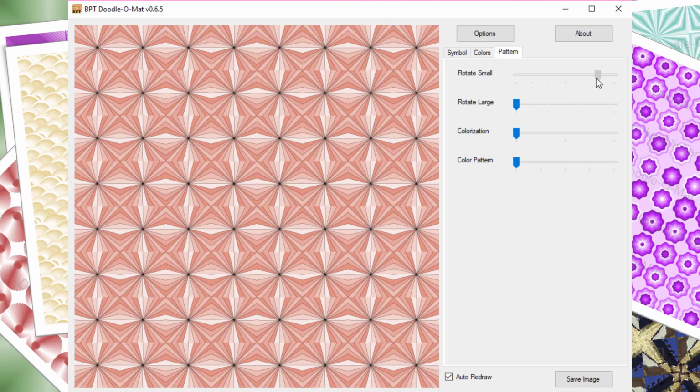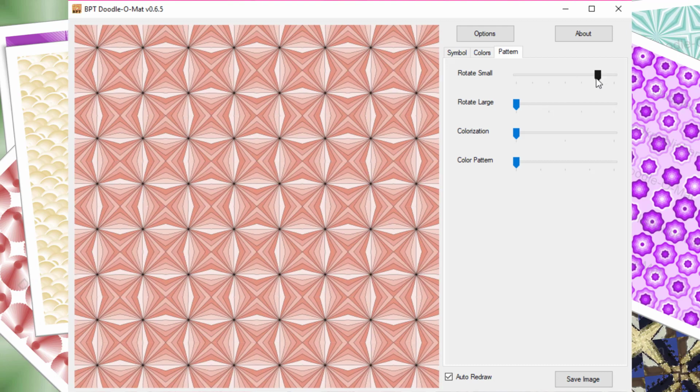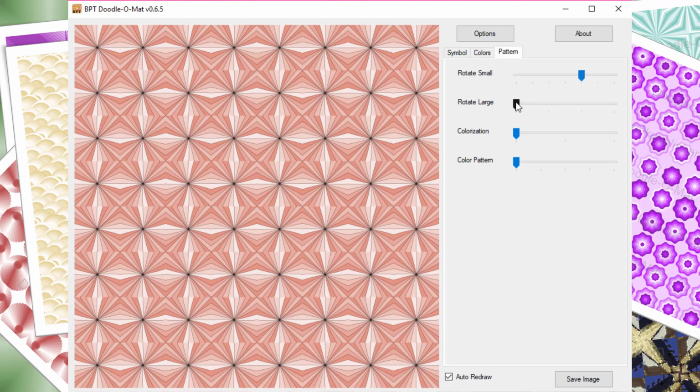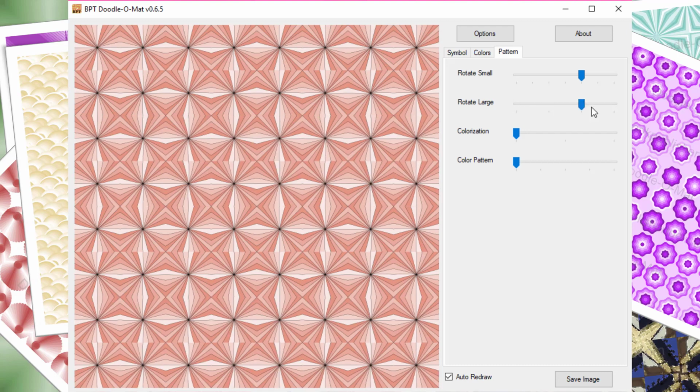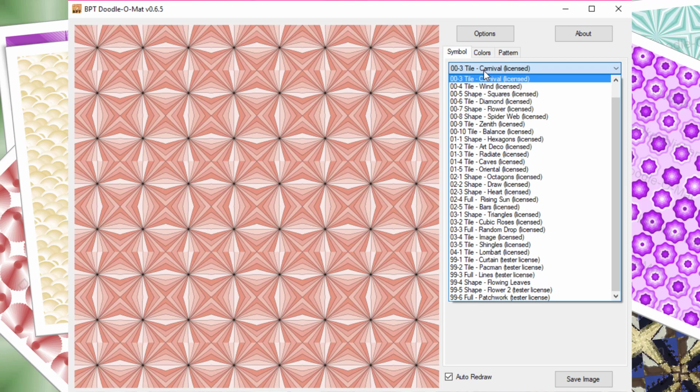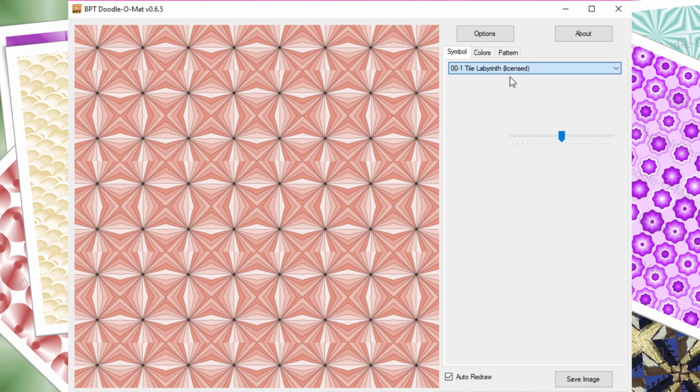You could also rotate it even further and you get a different type of shape. You could also rotate large, and rotate large will repeat and mirror each set of 2 by 2 tiles and fill the entire canvas with that. And it does that in this case, but you can see that because the pattern is almost symmetric, you don't see much of it. But if I go back to the labyrinth pattern,